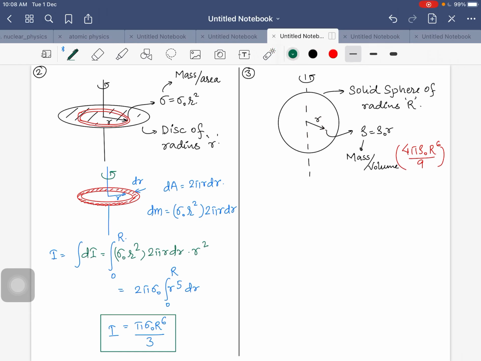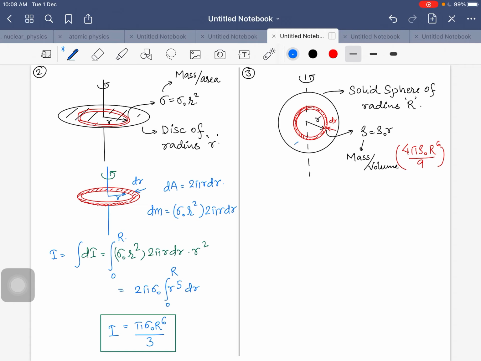Now again we will do the same thing, r पे जाके dr. Okay, this I am doing r पे जाके dr. Yeah, this is the thickness dr. Now we need to calculate the volume of this part, this hollow sphere का we need to calculate the volume. Can you tell me what will be the volume of this part? I already told, surface area into thickness.